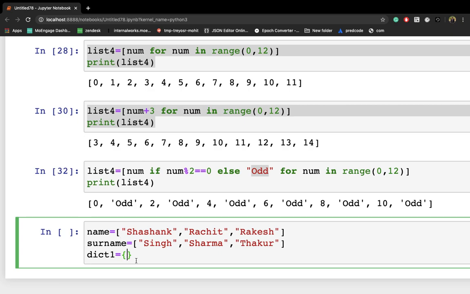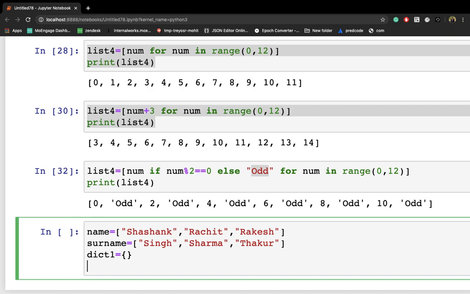So what I can do here is write dict1 as a variable name. I don't want to provide any key value to this dict1. Let me iterate through all of the elements. I can simply write for key comma value in zip. This is the function for zipping two lists.